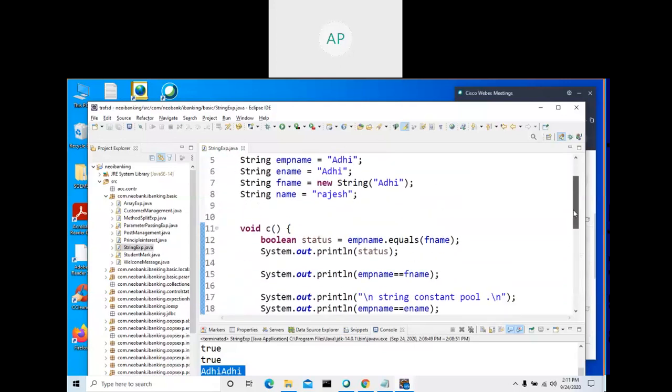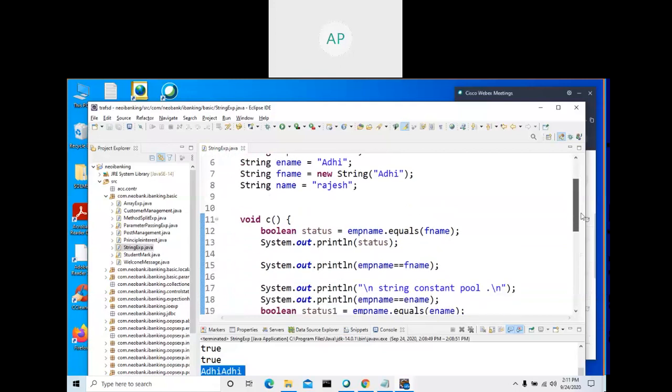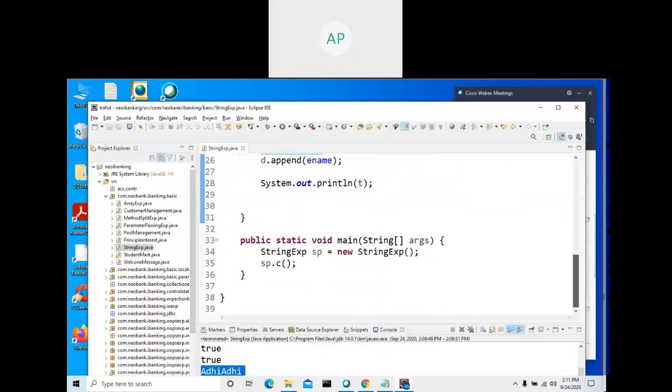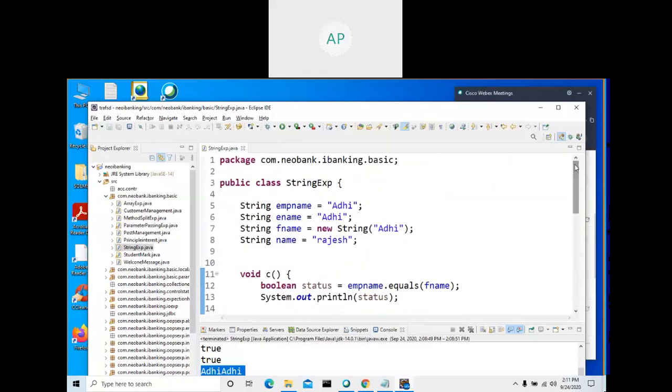Try to read this, you will get a lot of things. This is very, very important. Double equal versus equals, and immutable versus mutable, very important. So try to get the knowledge, and if you have doubts, let me know during our clarification session. Try to read all those things which I showed there.